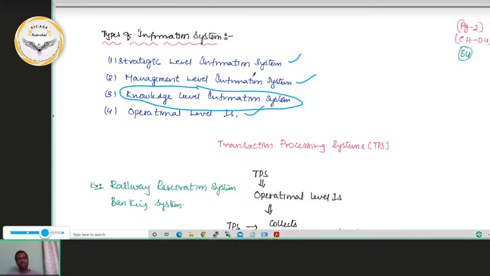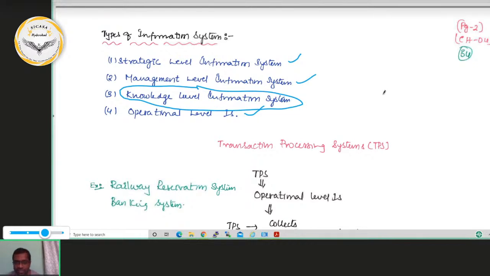So how many types of information systems do we have? We have 4 types of information systems. First one is the strategical level information system. Second one is the management level information system. Third one is the knowledge level information system, and last one is the operation level information system. Now let us start with